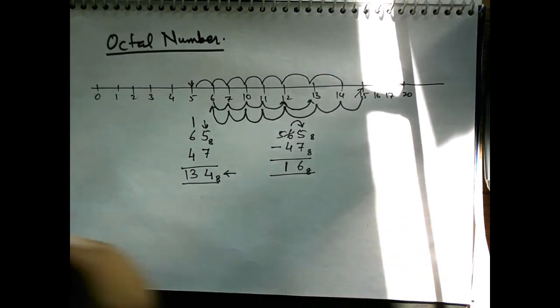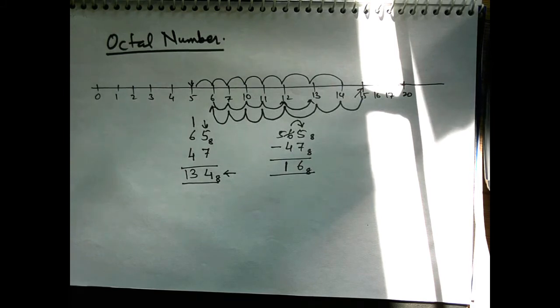I am just finishing this lecture here, and in the next lecture I will describe what a BCD number is and what the signed representations of numbers or complement arithmetic are. This means 1's complement, 2's complement, 9's complement, 15's complement for the hex number system, 16's complement, and for the octal number system 7's complement and 8's complement. So complementing arithmetic and BCD numbers will be discussed in the next lecture.